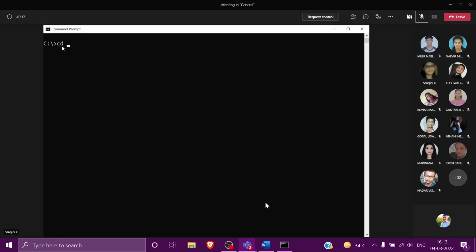So the same command is cd, change directory. Right now I am in the C drive, and where I want to go, that destination you will write. So after typing the cd command, next I am going to type the path where I want to go. So C: